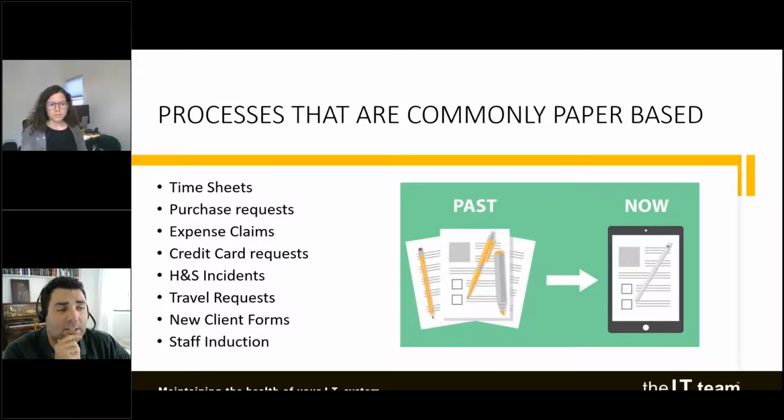Health and safety incidents is a big one, and often one that is paper-based because it's used so infrequently and therefore never gets used because people don't even know where the paper or the forms are, and it's a handy one to have at the ready. Travel requests, new client forms, potentially you're taking on new clients, you need them to sign up, and staff inductions, bringing on new staff. There can be a lot of paper in that, whether it be contracts or getting information on their personal information, and